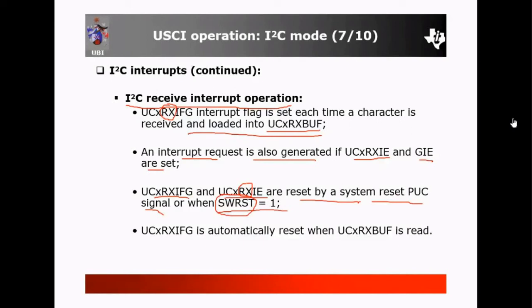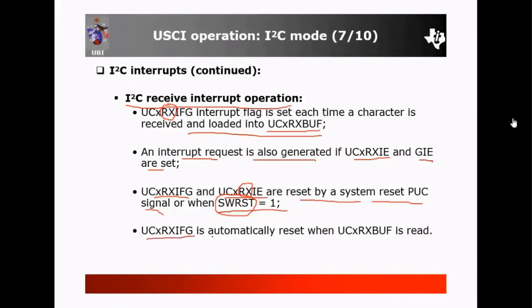So what is the meaning of reset? If you push the reset button, what happens? When you apply a reset, the system will try to start from the origin. It means that when any embedded system is reset, it will execute the program again from the starting address, location 000. In this way you can reset the signals UCxRXIFG and UCxRXIE.